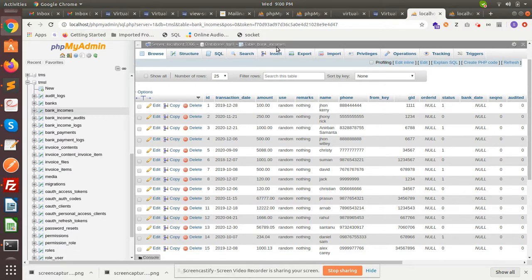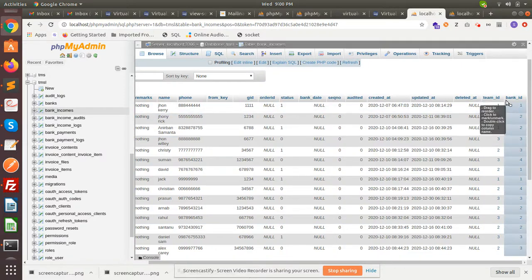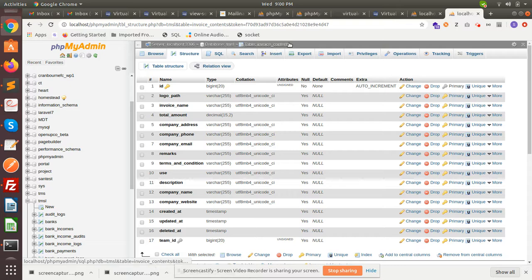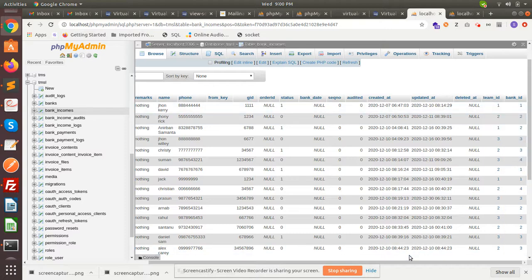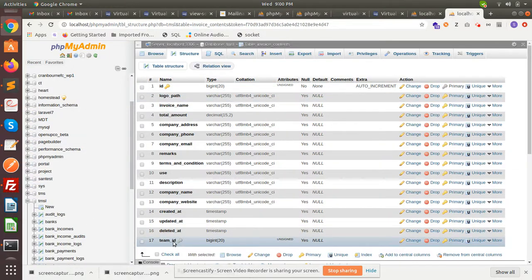This is the bank income table where I can find bank ID, and this is the invoice contents. Here I also find the team ID, right? Team ID. So both tables have team ID. That's fine.